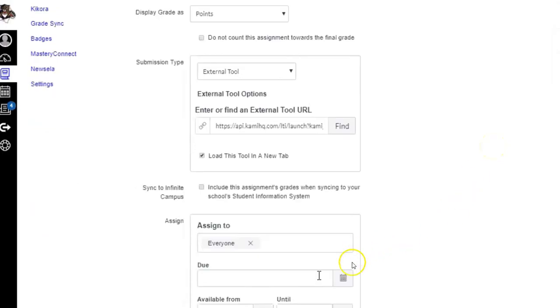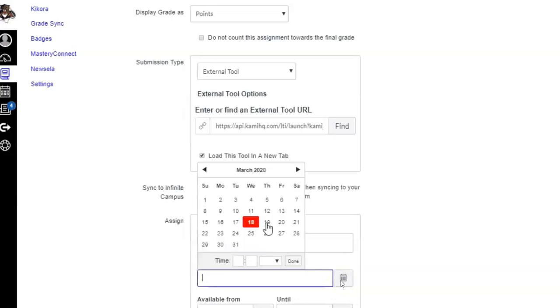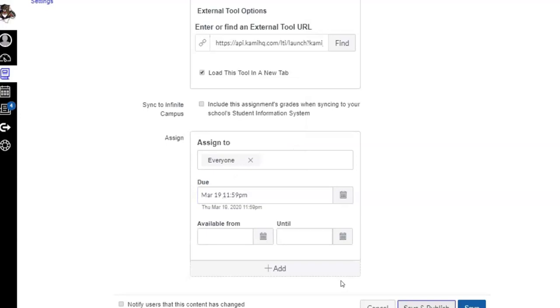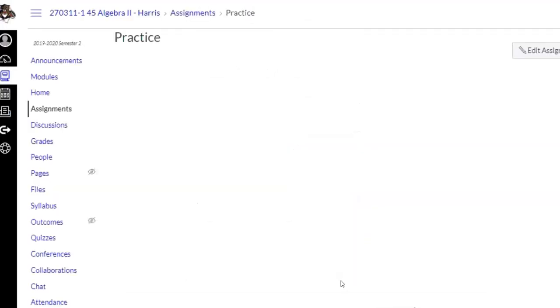All right, give it a due date. It doesn't matter what it is because you're going to go in and delete it anyway. All right, and then go ahead and click done. There you go. Save and publish. Okay. All right. So now on the kids' end, any